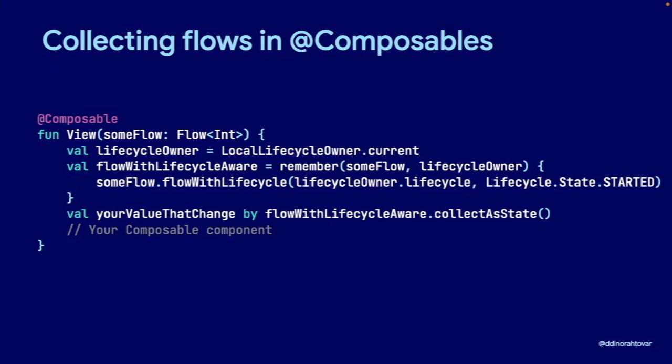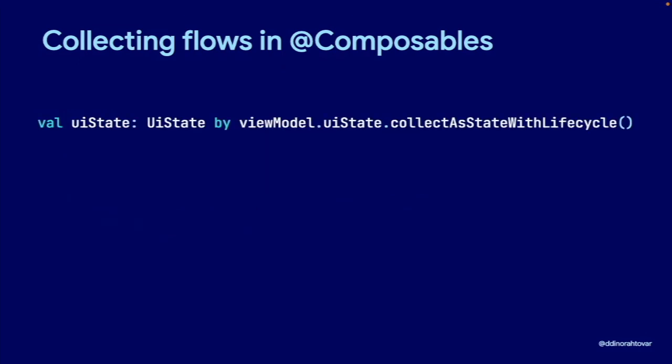I haven't had the chance to figure out what is going on inside that library, what is different about this, and why it's so cool, and why we should be using that part specifically. But they are doing something like this. So now you can collect your flow using